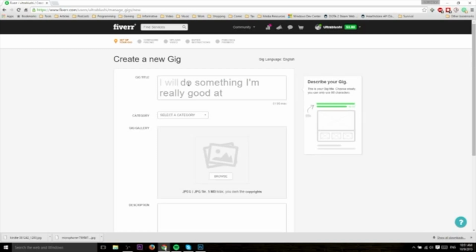In this example, we'll just keep it simple and talk about creating an ebook cover. Ebook covers are something a lot of people need, and a lot of people don't really want to do it for themselves, and it's pretty quick to do, so it's a good service for a $5 fee. So if you were going to create an ebook cover for other people, you would just put that in the title. So I will create an ebook cover